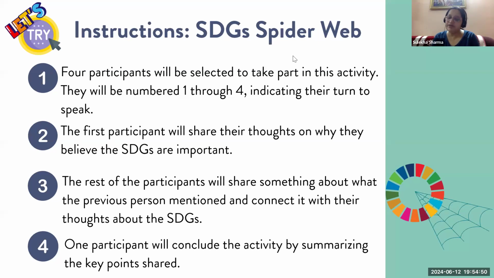And SDGs, they are important for the reason that we are here talking about sustainable development goals. We need to understand what basically sustainable goals are. These are the goals which we have to meet in order to help our coming generations. We, as a population growing day by day, I'm talking about the entire globe, not only India. Just because we are excelling on medical fronts, the diseases are now under our control. We have cures for various diseases. As a result, the population is increasing all over the globe.